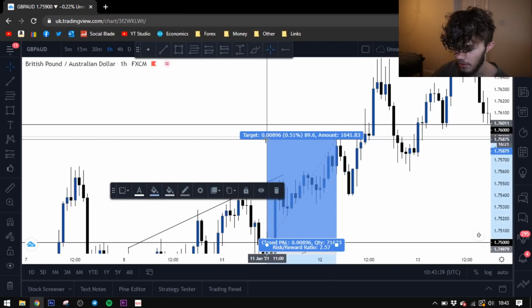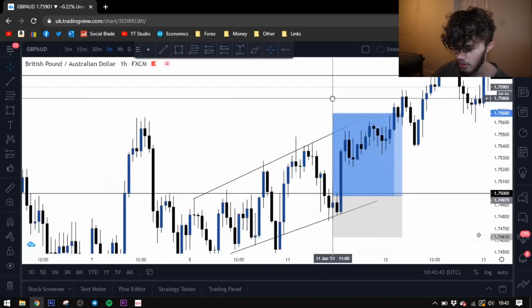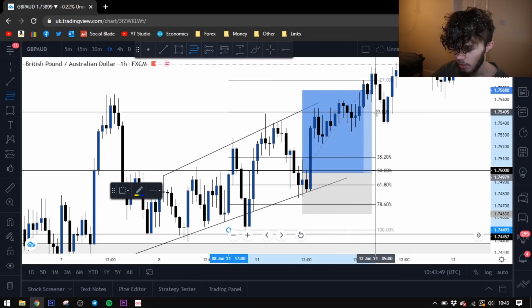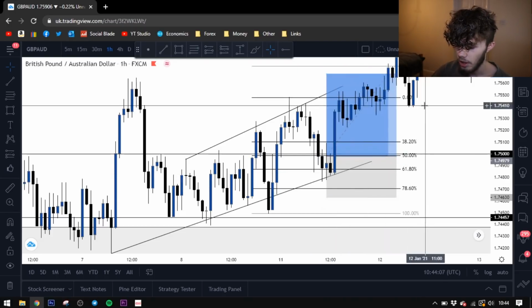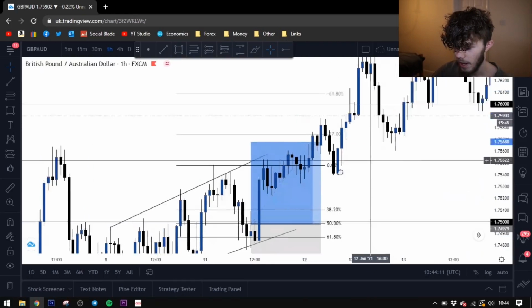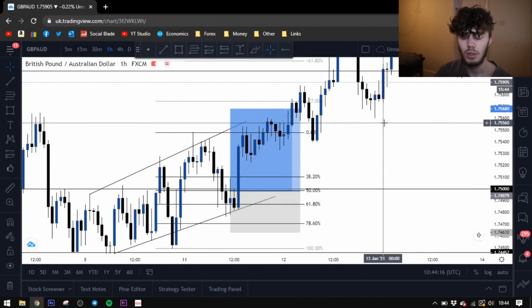Our take profit was 70 pips. So we were targeting the Fibonacci level. So if we draw that on now, we drew it from down here to up there. And as you see, when we actually entered, it was on the rejection of these Fibonacci levels. We did come down to respect the trend line once again before pushing up straight to the take profit up here. You know, we could have held for a lot more profit, but it is what it is,